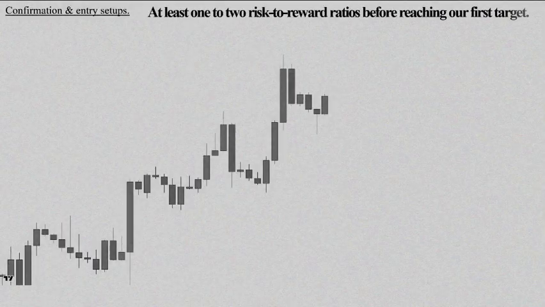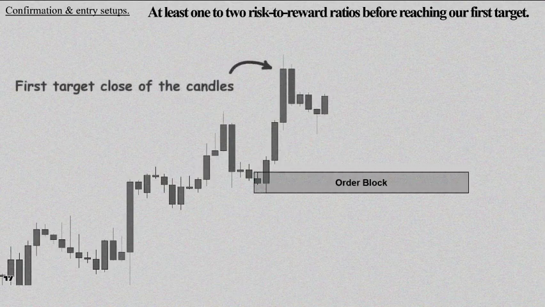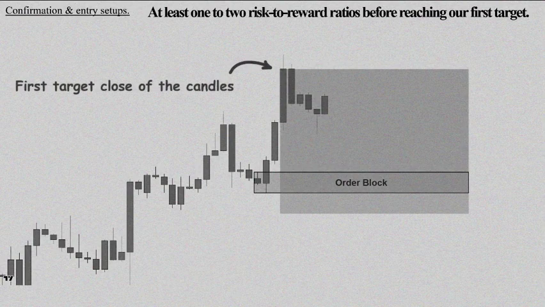First of all, we always look for trades with at least a 1 to 2 risk-to-reward ratio before reaching our first target. Our first target is the latest high that the price recently created. So, if your setup has a 1-to-2 risk-to-reward ratio, you can set your entry at the start of the order block